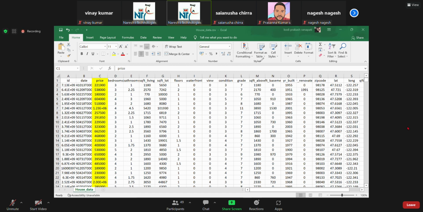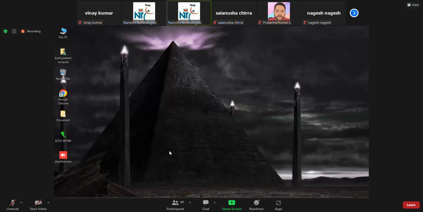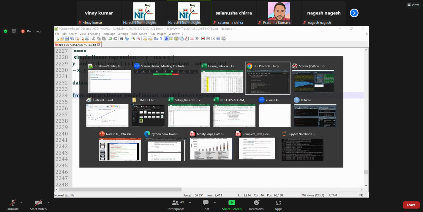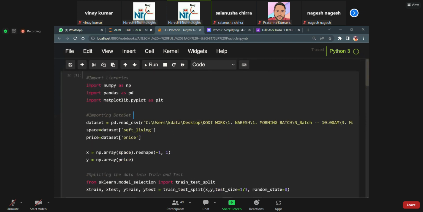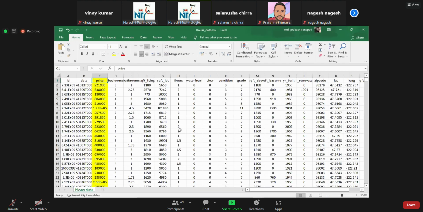No. Okay, Sasi said no. Yes, we can. Arjun said yes, we can. Saurabh said yes. Okay, let's understand. Very simple. First, NumPy, Pandas, Matplotlib, we import these, guys. Clear or not? If I take this data and consider y as my price,